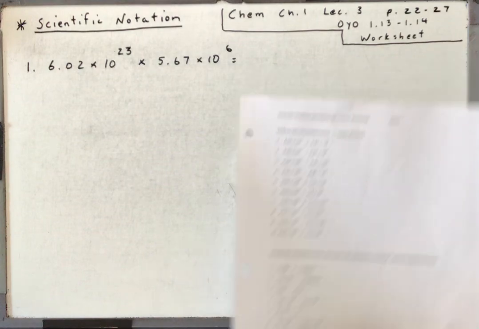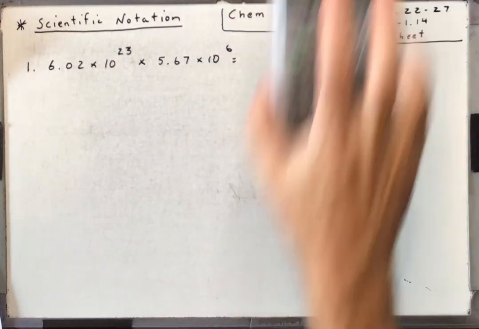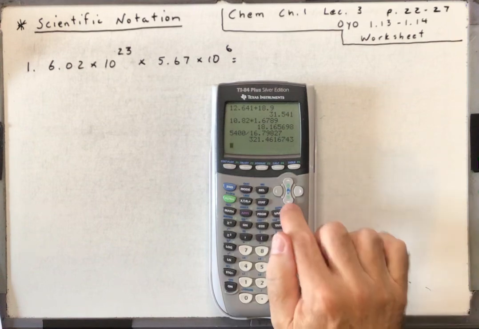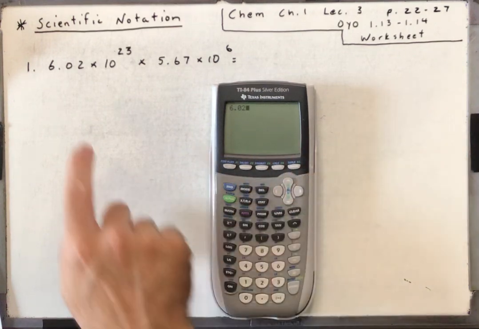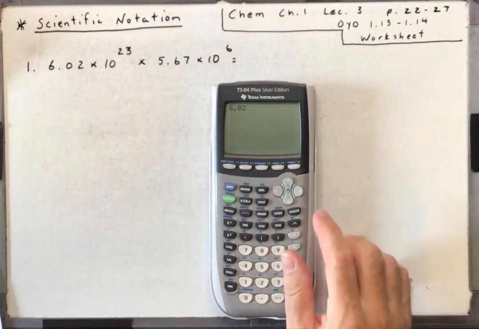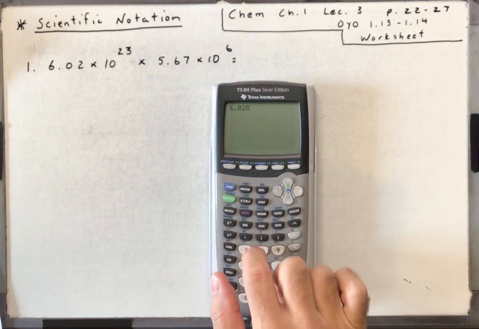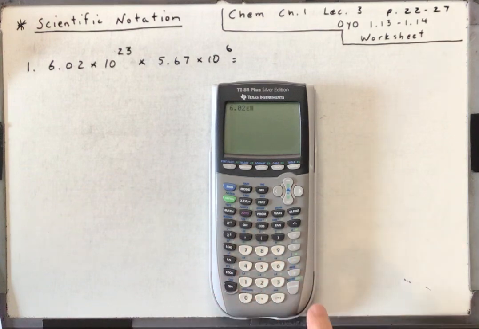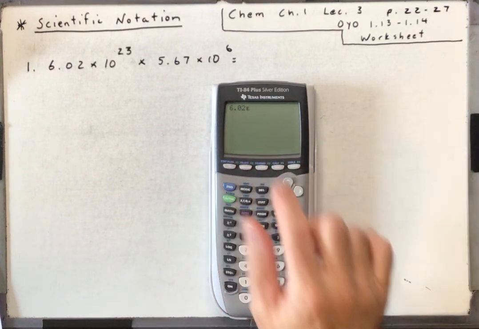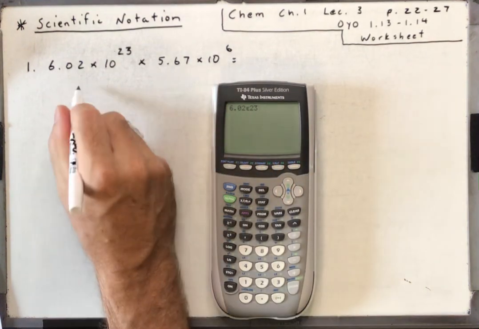So I want to show you how to put this in your calculator. The safest way to do it, especially if you have a TI-84. So 6.02. Instead of typing times 10, I want you to use the double E button. So you hit the second function, and then where the comma is on my calculator, but double E. So 6.02E23. That E means times 10